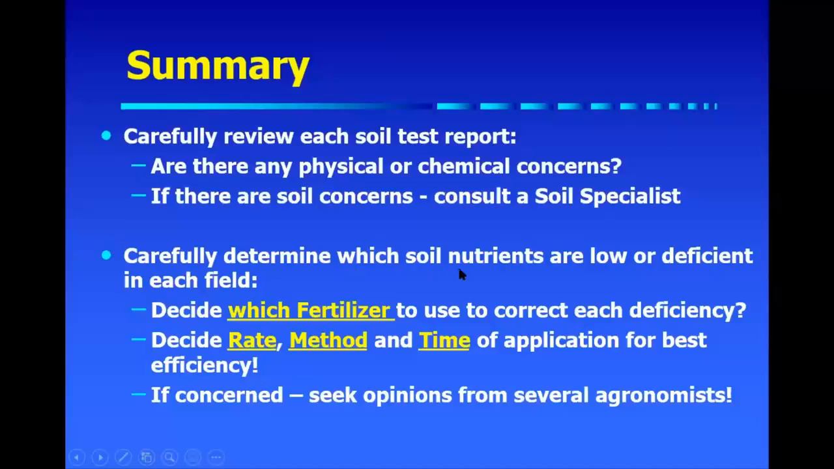And then in terms of soil nutrients, you want to identify which ones are low or deficient or marginal. Then what fertilizer would you use to correct each of those deficiencies, whether it's nitrogen or phosphorus or sulfur? What fertilizer products would be best to use, what rate, what method of application, what time of application. That's really the next step beyond soil test interpretation: the 4R method of developing your fertilizer recommendations